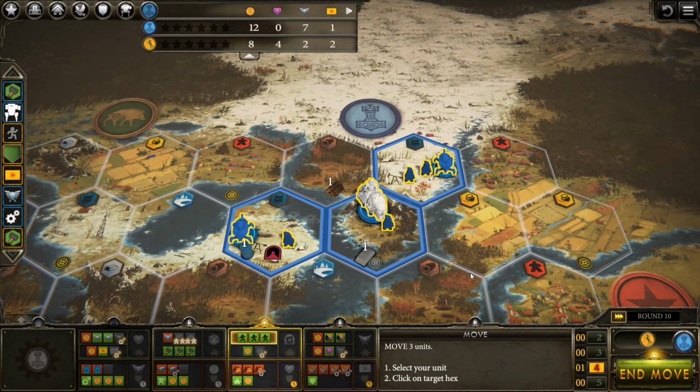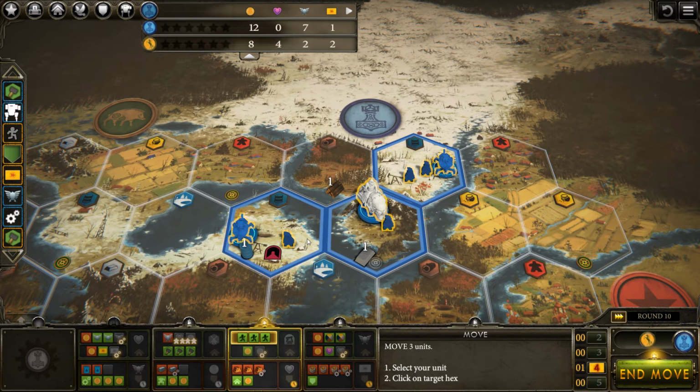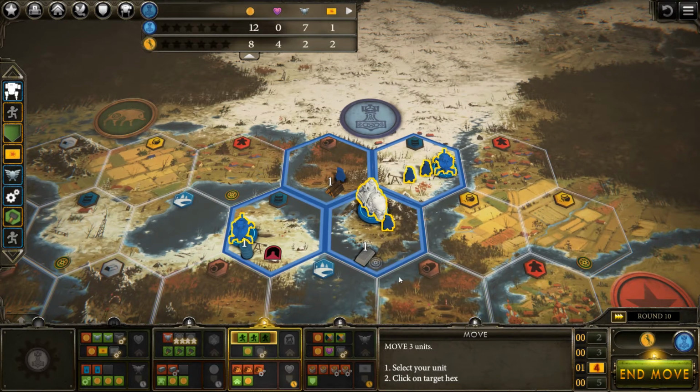We're going to move. Alright, we need to start making wood. And since I make 2 oil a turn here anyway, and that's all I need to upgrade, I'm going to pull you out. That's 1. So you'll start making wood next turn. The next thing we're going to do...